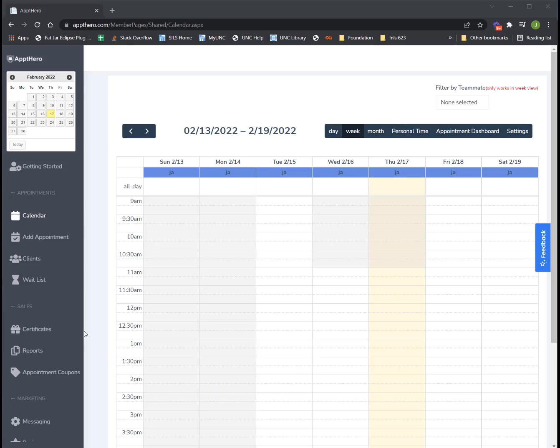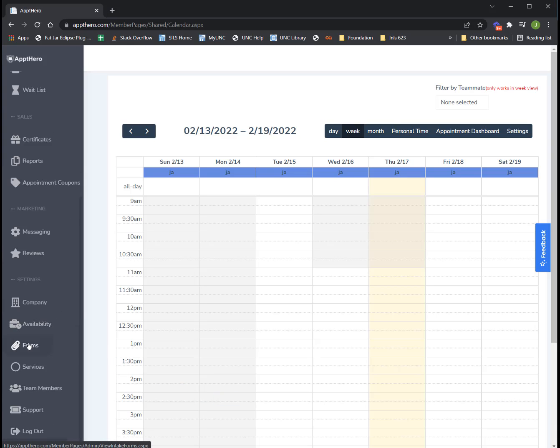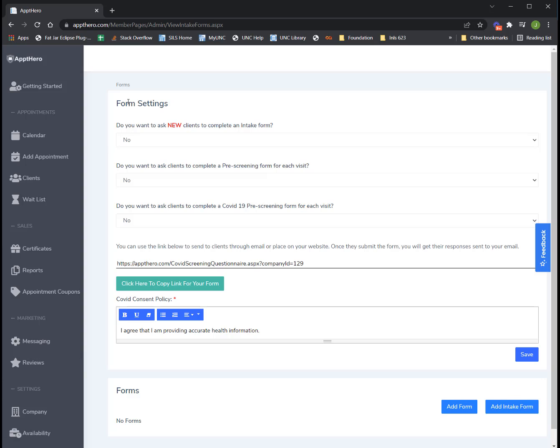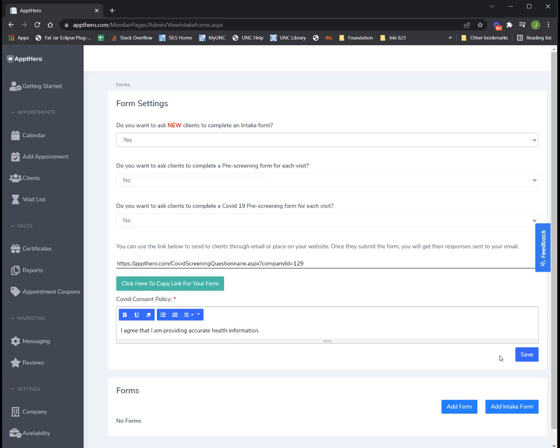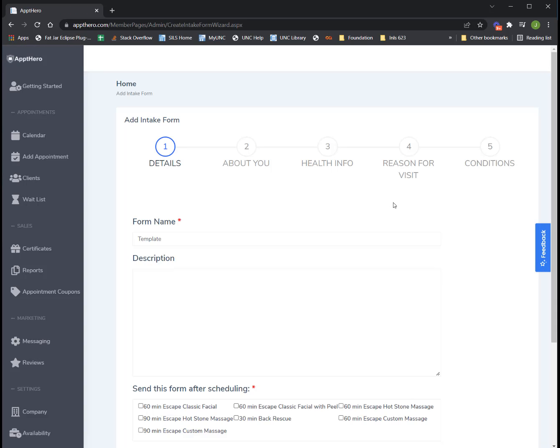To customize intake forms, scroll down to where it says Forms, and you'll notice here Form Settings. And so intake forms are only sent to first-time clients, to new clients. That is, clients who are new to Appointment Hero. So if you want to send an intake form, say yes, and then go ahead and press Save. So once you create this form, it will be sent to new clients. So then click Add Intake Form,